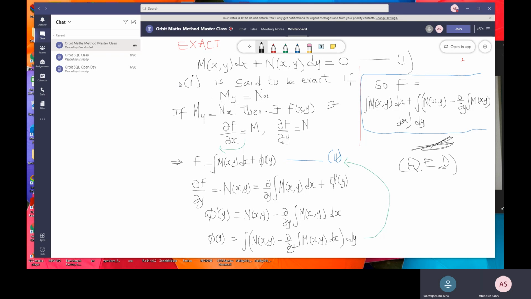From where? From equation 2. So from equation 2, this is what happened. From here,